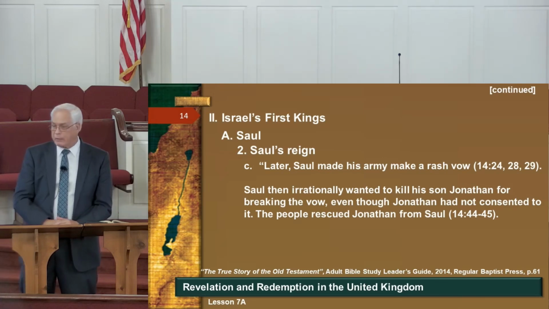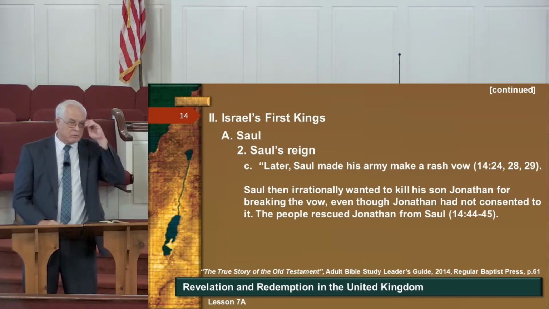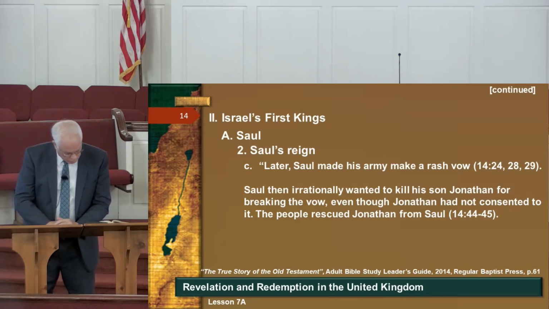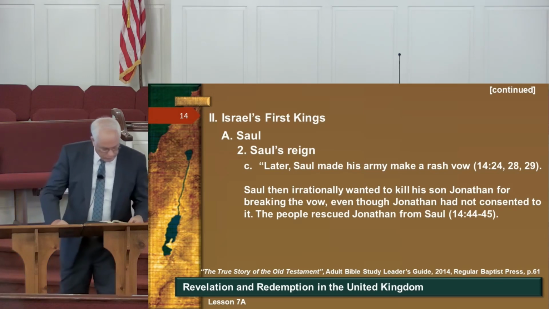They had already been in battle. His men had been in battle, and he had already said, nobody can eat anything for the day. Well, his son Jonathan wasn't there. So look in chapter 14, verse 24. We just read that part. But chapter 14, verse